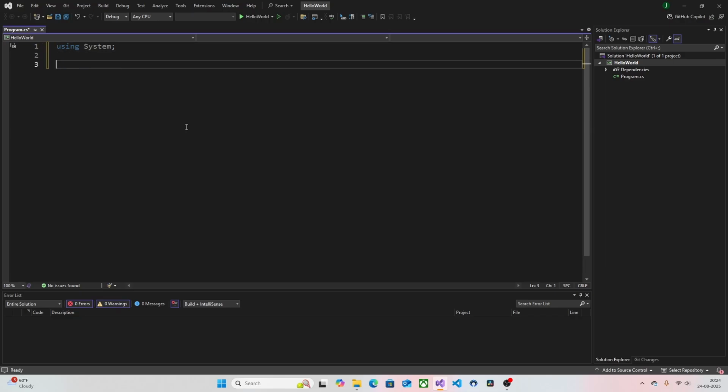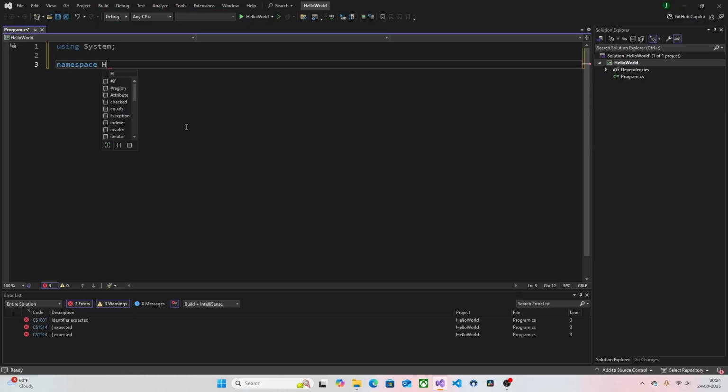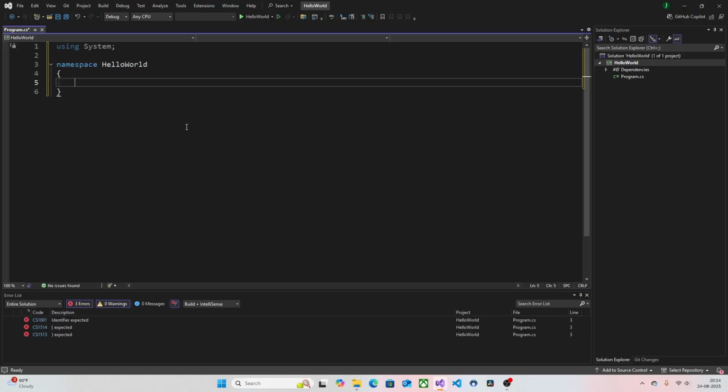Next step is using System namespace here, Hello World. So namespace HelloWorld, and we're gonna wrap this around it. So basically we're wrapping all our code inside this namespace. I'm gonna explain what namespace is, okay? So now we're gonna do class